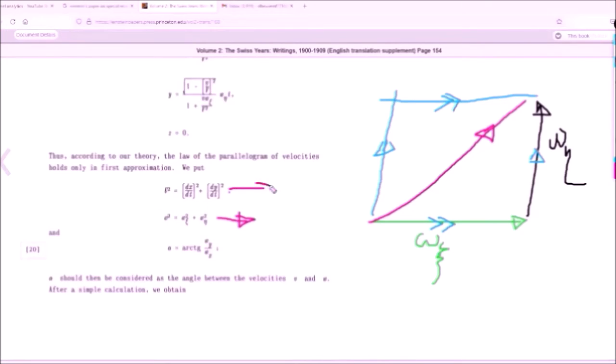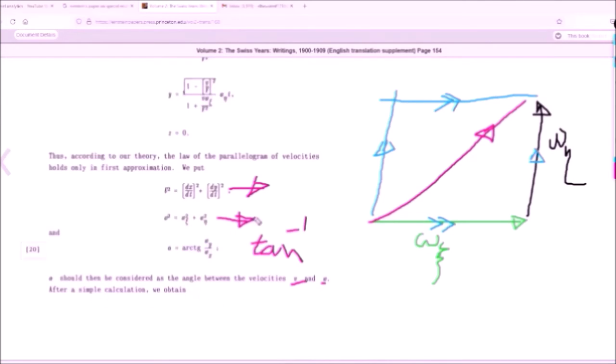That's the Pythagorean speed in the rest frame. That's the Pythagorean speed in the moving frame. And that is the angle. This is arc tangent, or the inverse of the tan of the angle between the two velocities. Alpha should be considered as the angle between the velocities v and omega. After a simple calculation we obtain